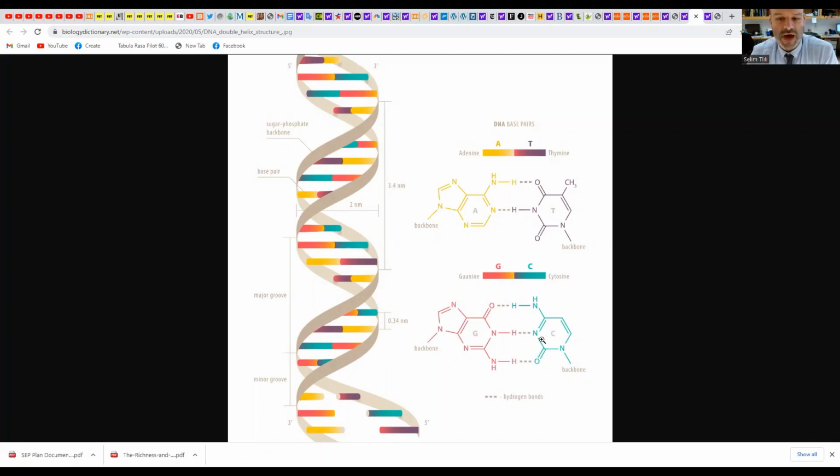That extra hydrogen bond might not seem like it's that big of a difference because, as we've said, hydrogen bonds are weak connections, but that extra connection helps to maintain the stability of the DNA sequence. As we said, it's important to be able to have the double helix because one strand of the DNA is essentially the instructions for making a protein, and the other one essentially serves as a backup copy. This is important because if, let's say, hypothetically,